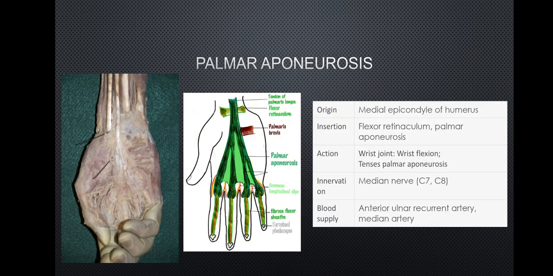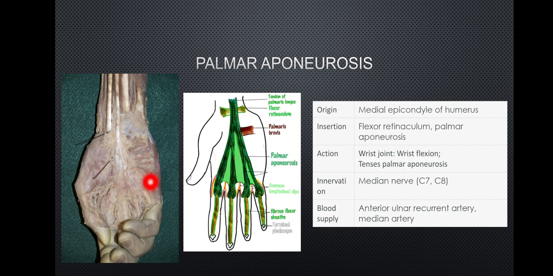Moving on to the palmar aponeurosis. The palmar aponeurosis is a triangular shape. Look at the picture. As you could see, this is triangular in shape in the cadaveric image. This is the triangular palmar aponeurosis, where the apex is lying proximal and blends with the flexor retinaculum. It is continuous with the tendon of the palmaris longus, whereas the base